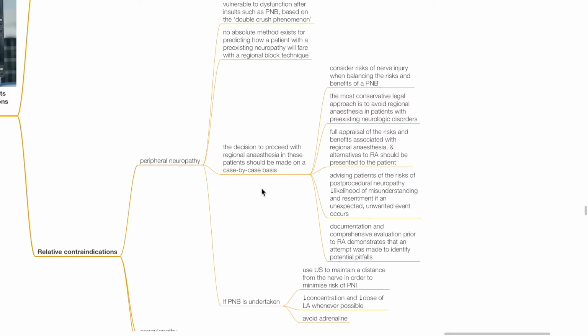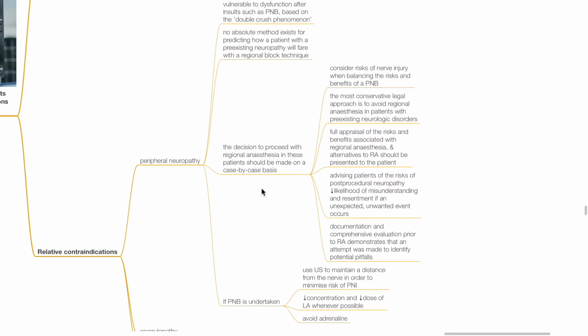Consider the risk of nerve injury when balancing the risk and benefit of a PNB. The most conservative legal approach is to avoid regional anesthesia in patients with pre-existing neuropathy. Full appraisal of the risks and benefits associated with regional anesthesia, and alternatives to regional anesthesia, should be presented to the patient. Advising patients of the risk of post-procedural neuropathy reduces the likelihood of misunderstanding and resentment if an unexpected